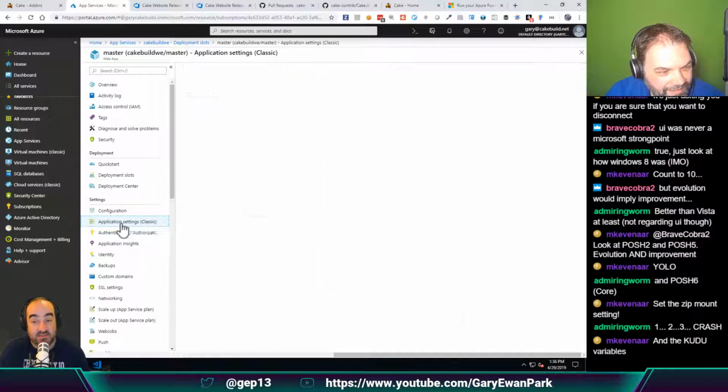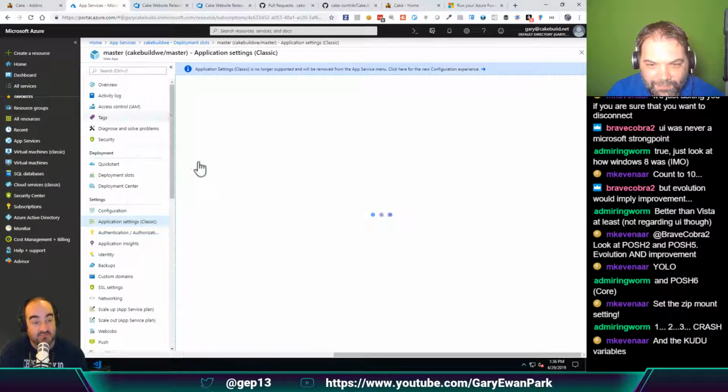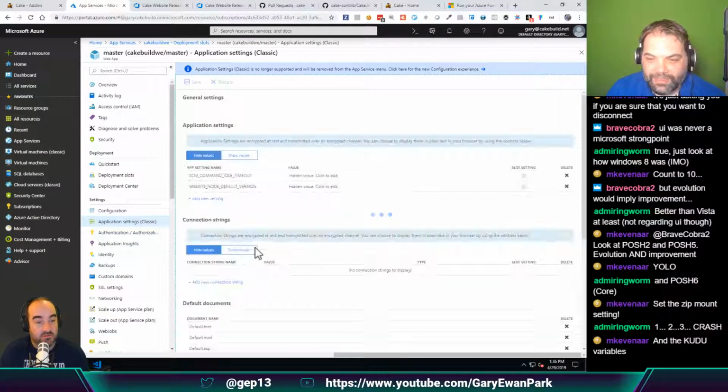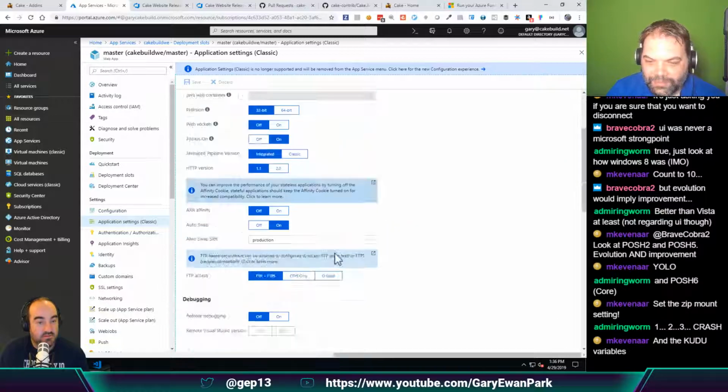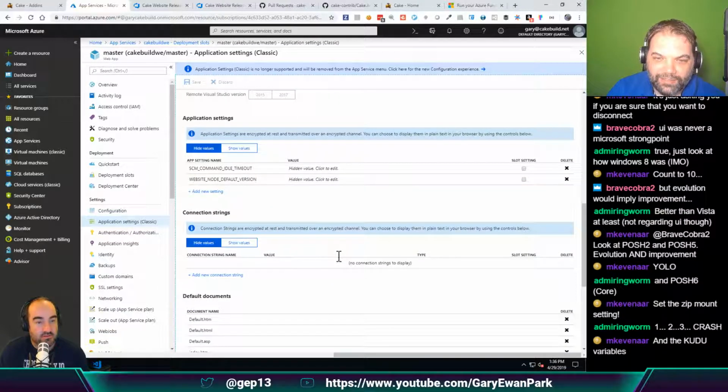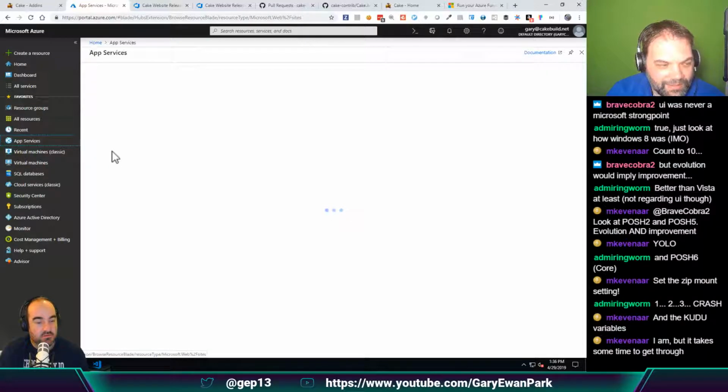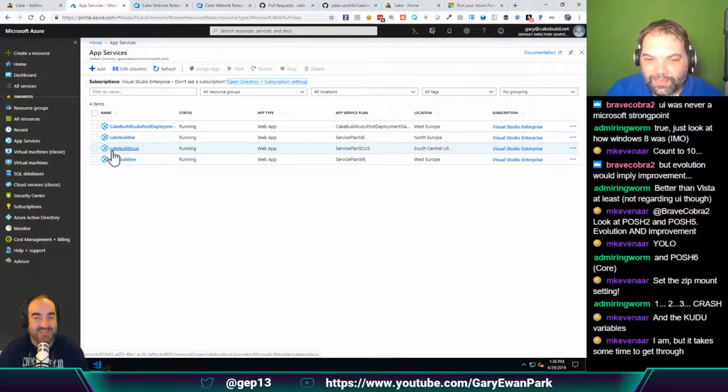Application settings. We didn't set the variable on this environment for. No, we didn't, and we shouldn't set it here because we need to set it on the non-deployment slot. So we need to go into those, so not here, but on the. We need to go up to app services where we have all the proper ones listed. Up to here, app services? Yeah, so now we will set the